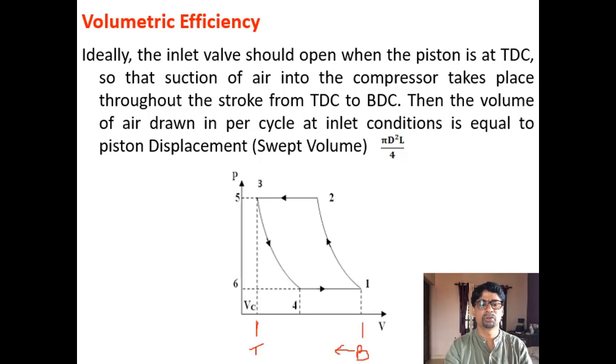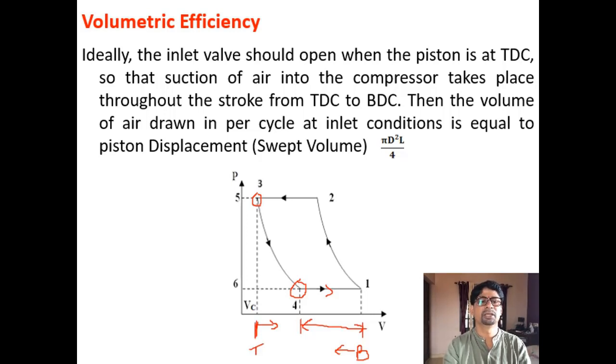Now when it moves from top dead center to bottom dead center, the movement starts at point 3. So here the actual suction would have been started, because the swept volume begins from point 3. But because of the clearance volume, wherein some compressed air is left out at the end of the delivery stroke, that air expands first to point 4 during the process 3 to 4, and the actual suction begins from point 4 to 1. So actual suction is taking place from here to here. Can you see here? This is the actual suction, though the suction begins at point 3 here.